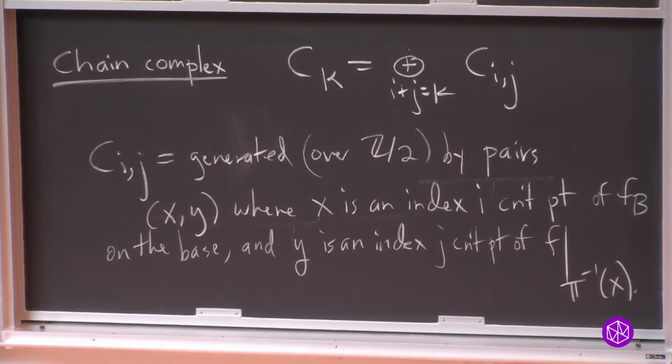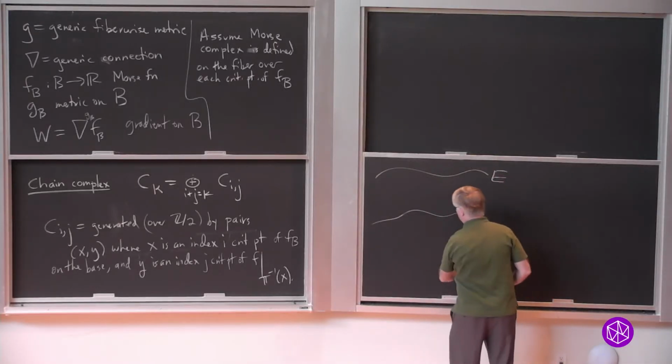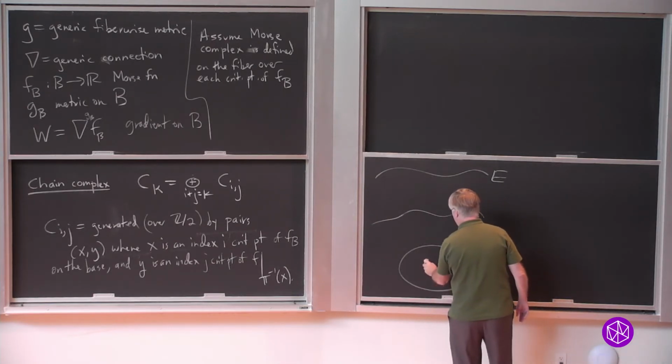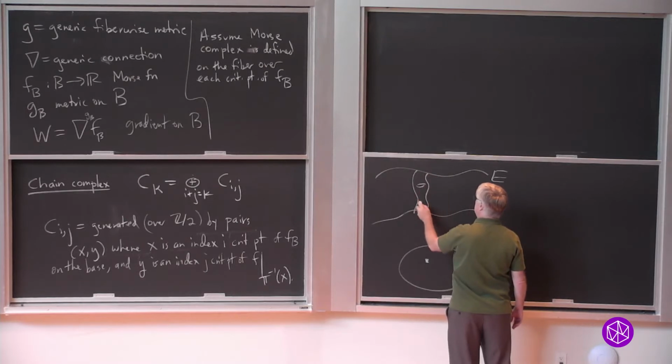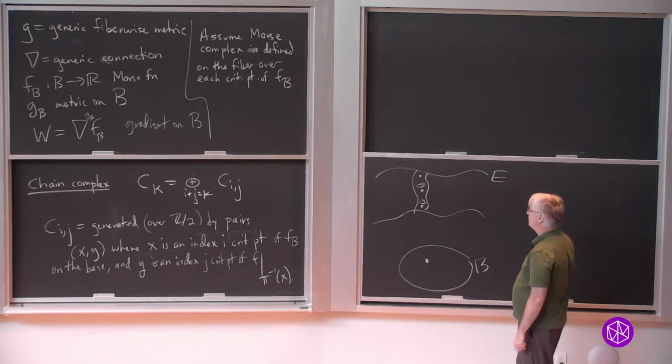So here's our total space E. Here's the base space B. We have a critical point of F_B. Over that, there's a fiber, and the function on the fiber has some critical points. So we pick one of these points and then one of those points. Okay, and then the differential